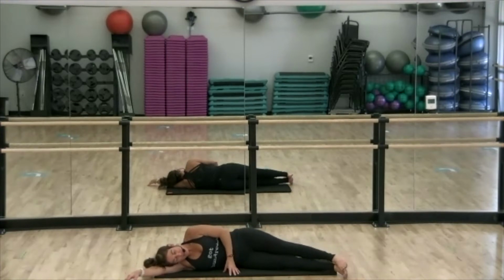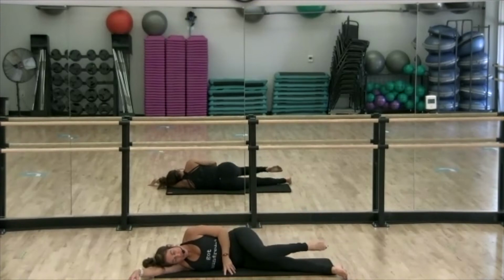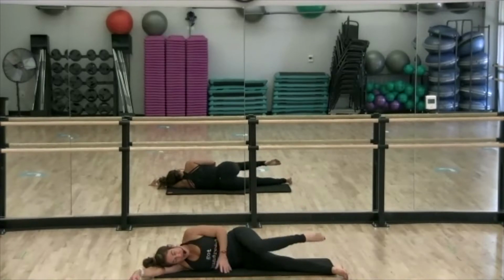And with that, bring your leg slightly forward. And we're gonna take our leg and bring it to a tabletop position to the side. We're gonna just lift it and lower it. So a small movement to begin with. It's a little fire hydrant sensation, right? We're giving that lift into that side glute, breathing, working through the hip again. 5 and 4